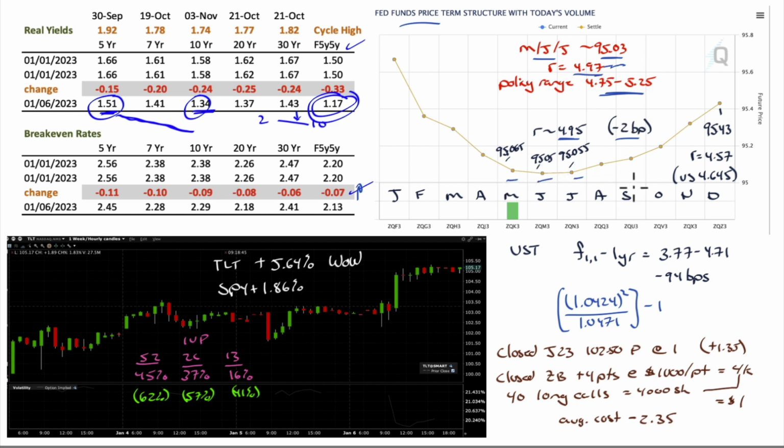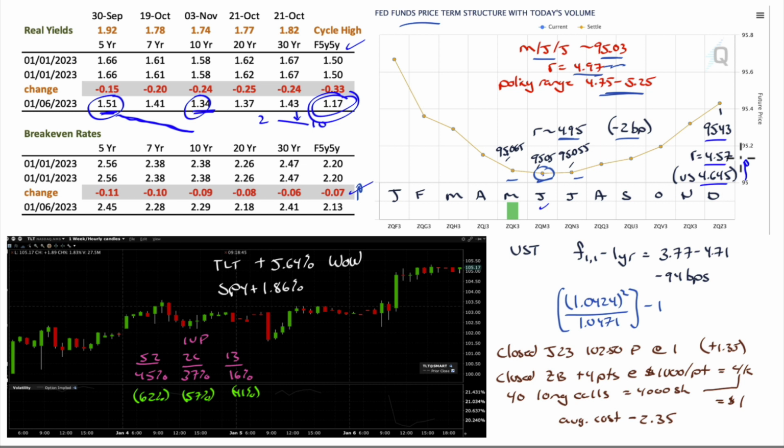Still May, June, and July, with June sort of being the bottom, which is why on the previous screen when I looked at the distribution of terminal rates, I picked June because it's the bottom of the index curve here. December sitting at 95.43, implying a rate of 4.57. Last week, December was at 4.645. So you actually have an increase in the index, meaning a decrease in the terminal rate at the end of